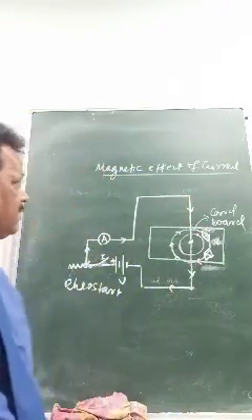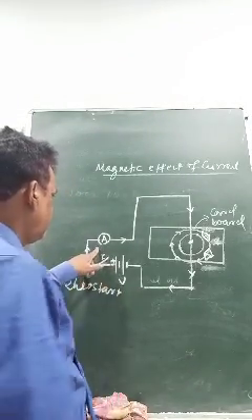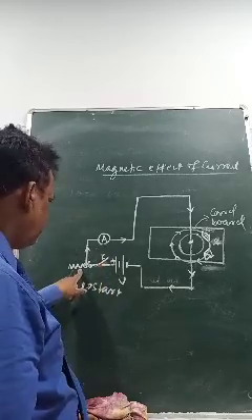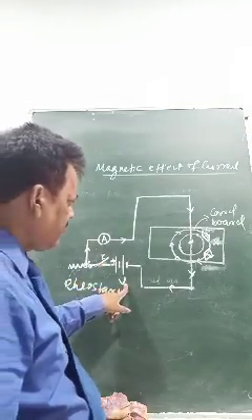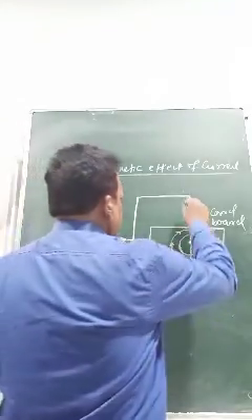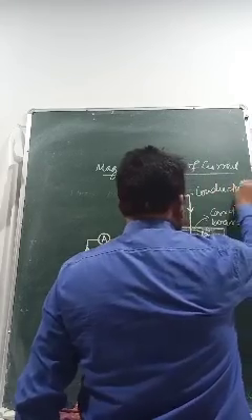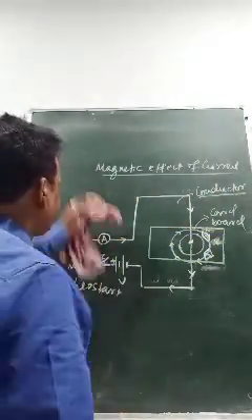Okay, so what will you write here? What are the instruments you have taken? You have taken an ammeter, you have taken a key, you have taken a rheostat, V, the battery or the potential difference, a conductor. Okay, so you can write 2 points on this. What are those?